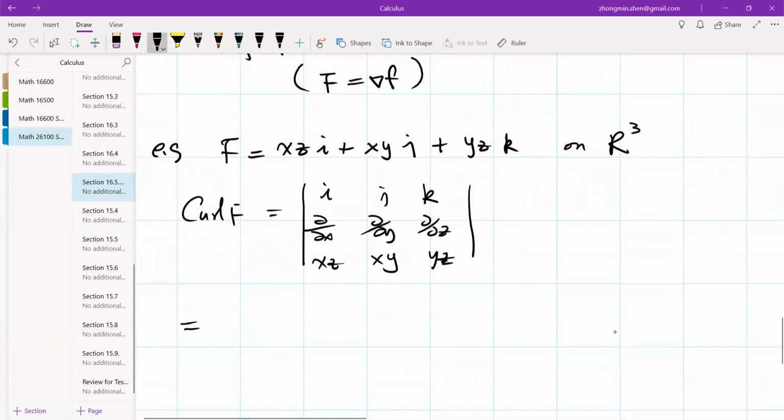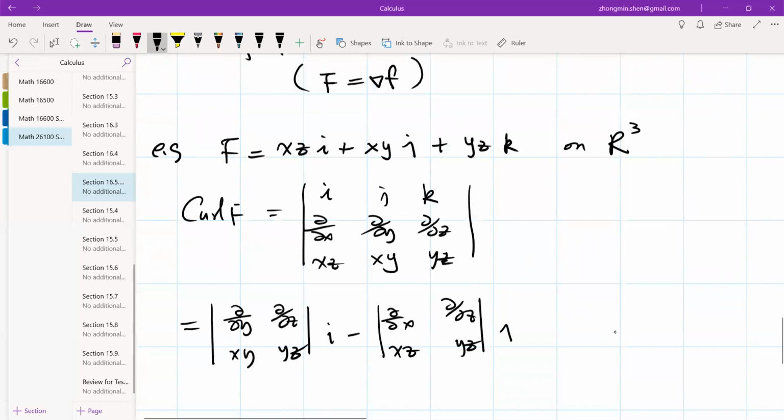For the first one, you delete the first row and first column, so you have xy, yz, that's i, minus the second column in the first row, j, and plus